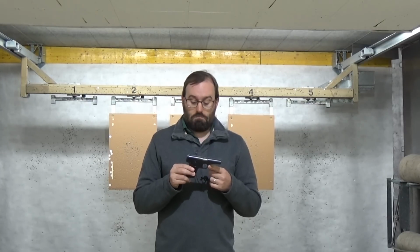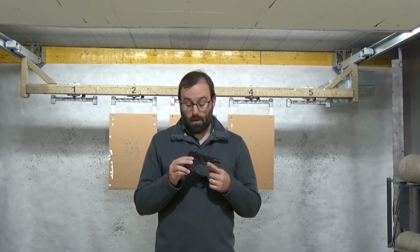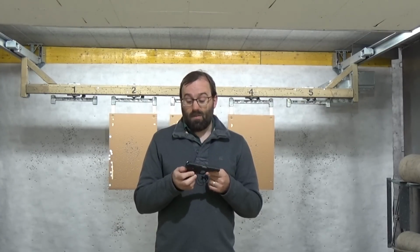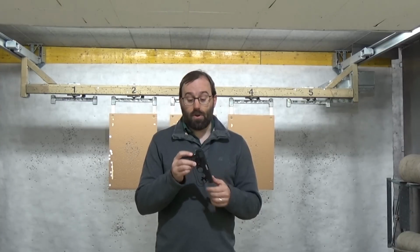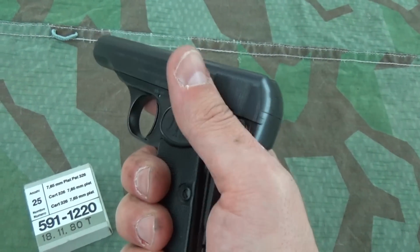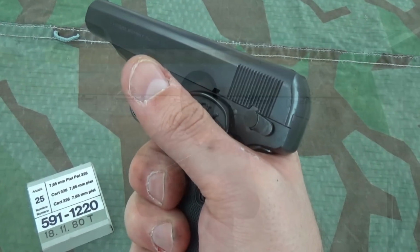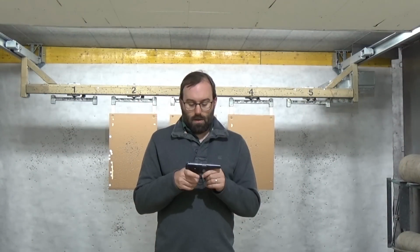Recoil is entirely manageable. It's quite a quick little gun, as I'll show you. It is festooned with safeties, typical of the era. You've got a grip safety there, you've got a thumb safety, there's also a magazine safety. My general view is that magazine safeties aren't, but your mileage may vary. And yeah,